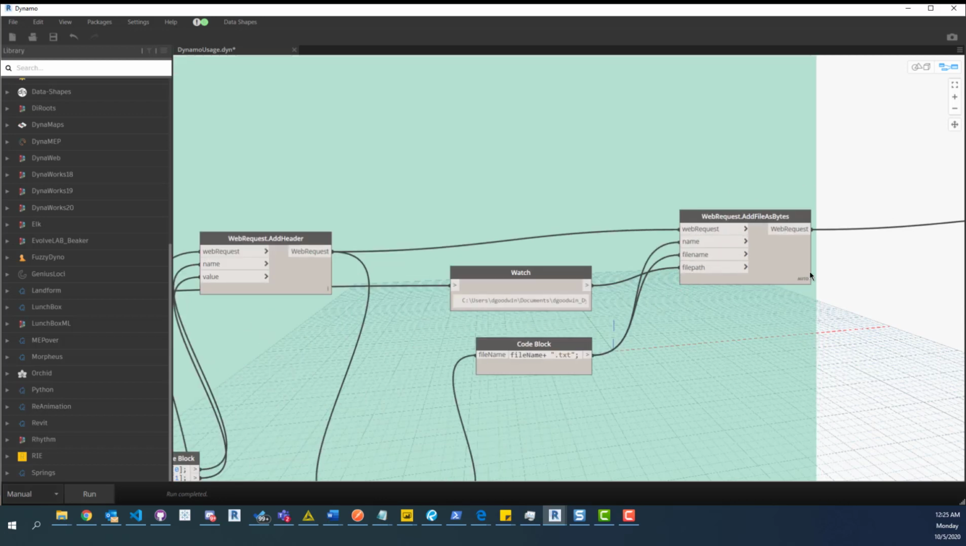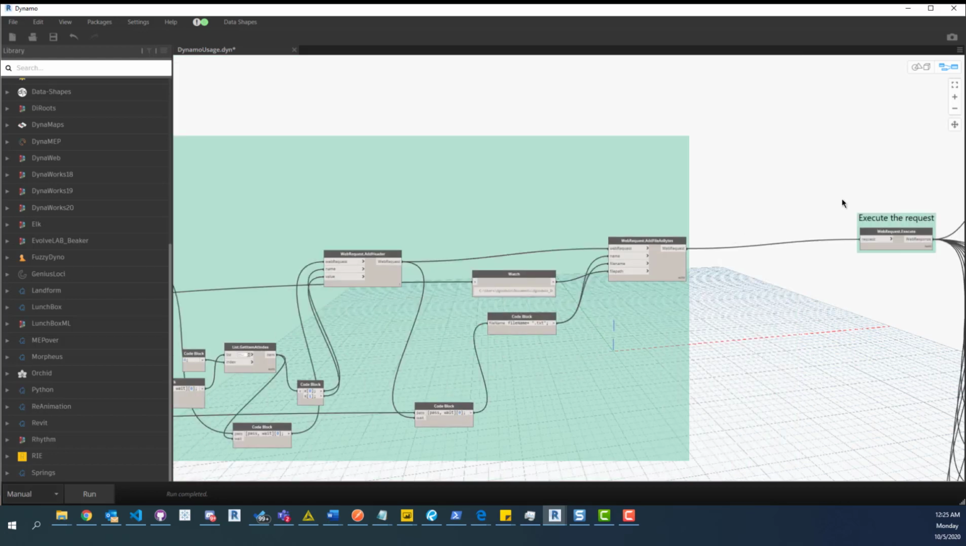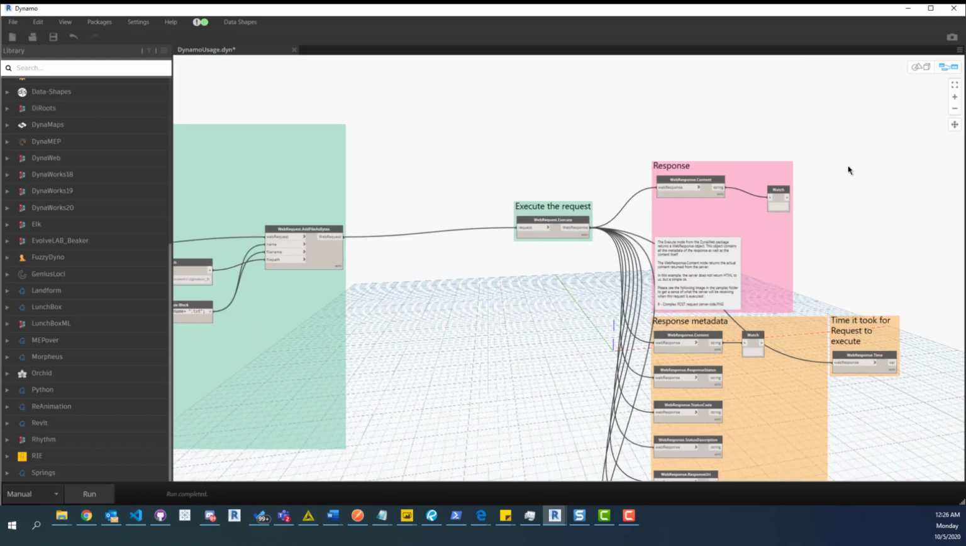That's what exports out here, or that's what we add here at the end. So after we add all our headers, then we add our web requests. We add a file as bytes, and then after that we post it. So we execute it and post it up on a location. And in this case, we're posting it on an Azure blob, kind of storing all the information, and now